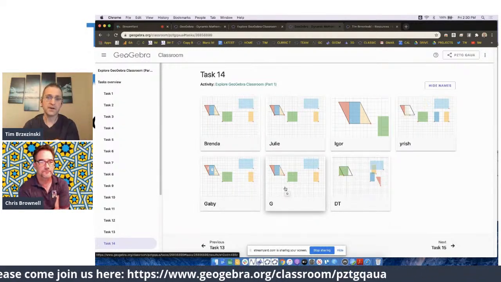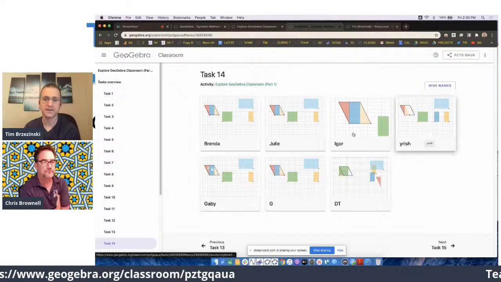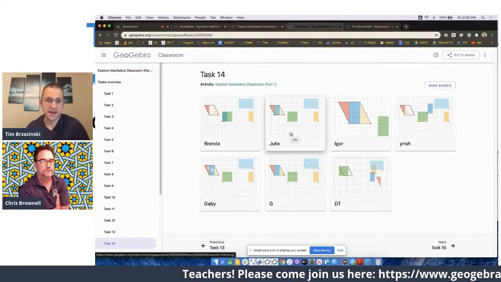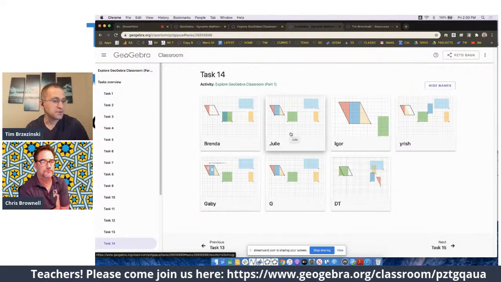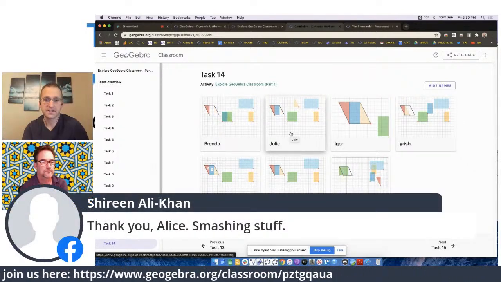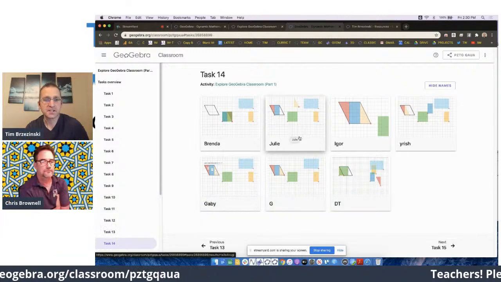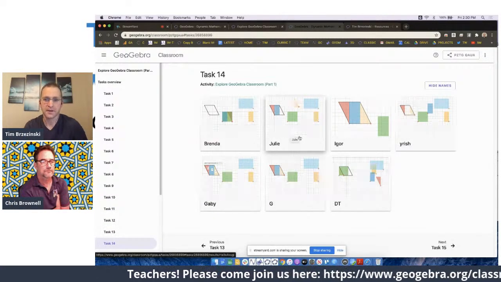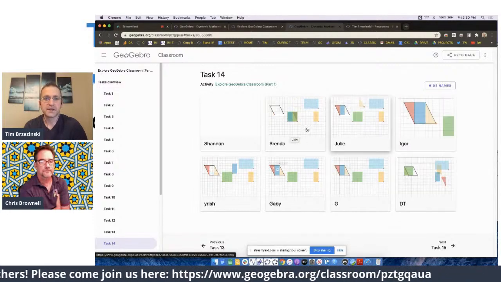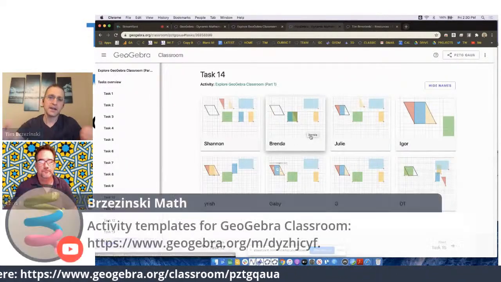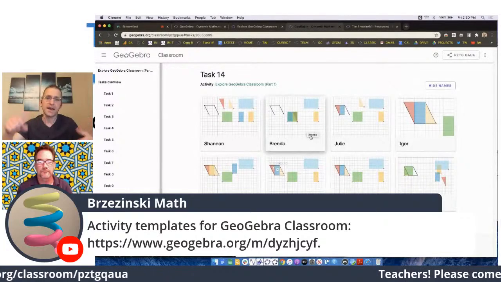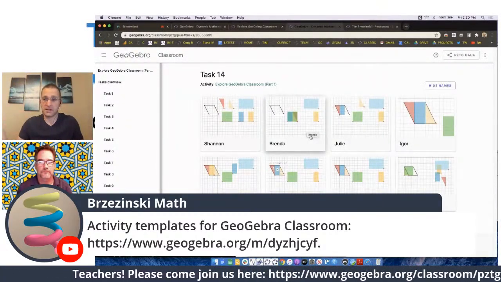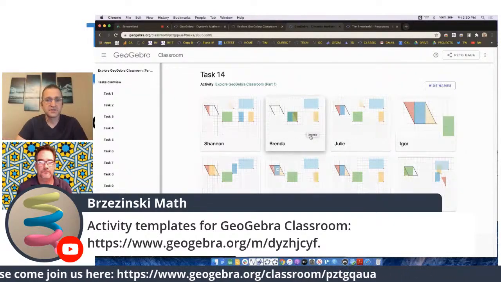By the way, Chris, speaking of authorship, I don't know if any 6th grade teachers out there recognize this app. If you use the Illustrative Mathematics 6 to 8 curriculum, this app is in lesson 6.2, I think. It's the parallelogram lesson about area. In IM 6 to 8, they have a GeoGebra page where you could take all of these, copy them, and make your own activity. Creative Commons licensing allows us to do that.